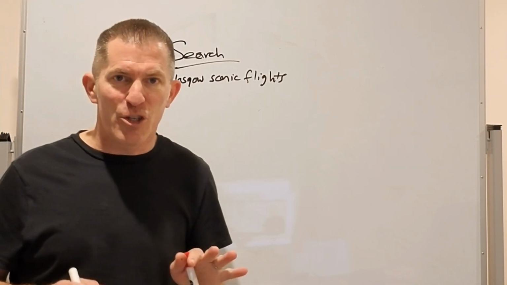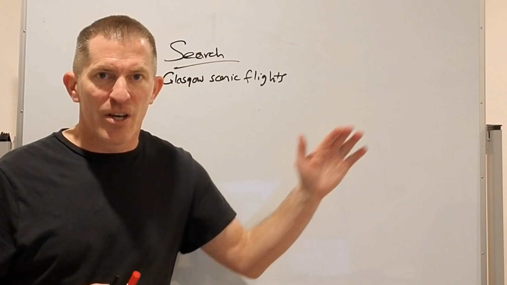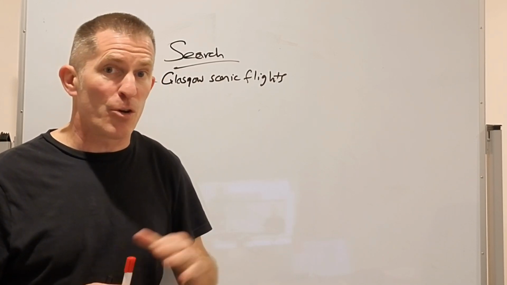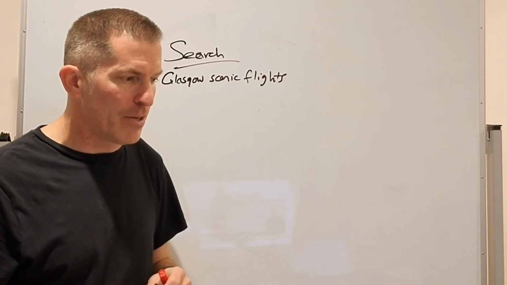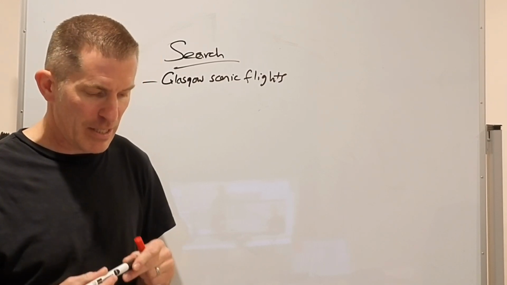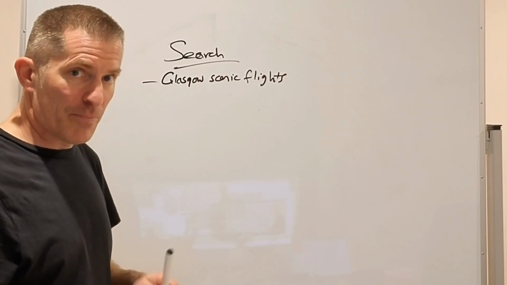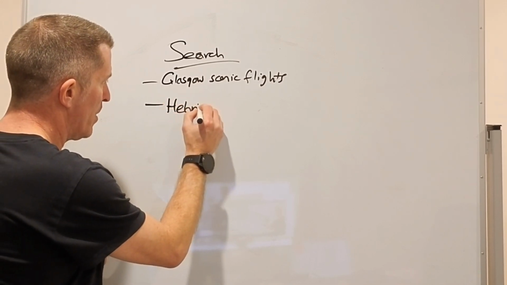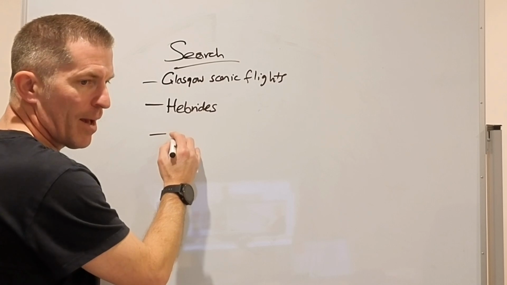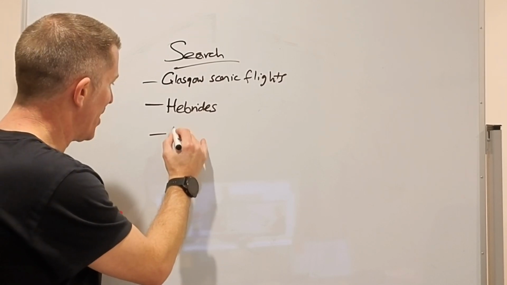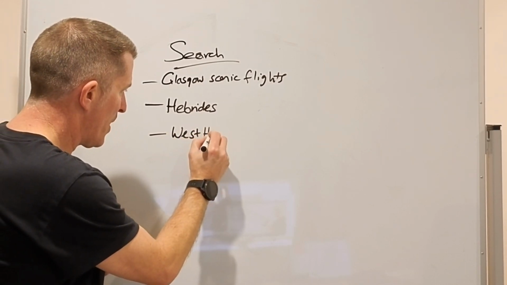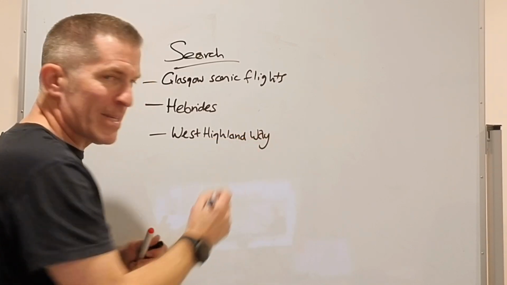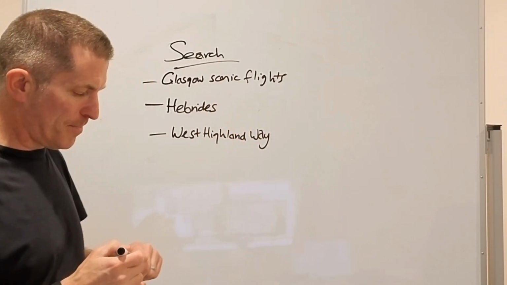Let's just say you did flights to the Hebrides because they're not too far away from Glasgow. You could go over Arran or something like that, or you could go out to some of the further afield Hebrides. It'd be a longer, bigger ticket item, but you might have Hebrides. Or you might have a flight along the West Highland Way or something. I'm making these up. As a business owner, you might want to advertise all of these.